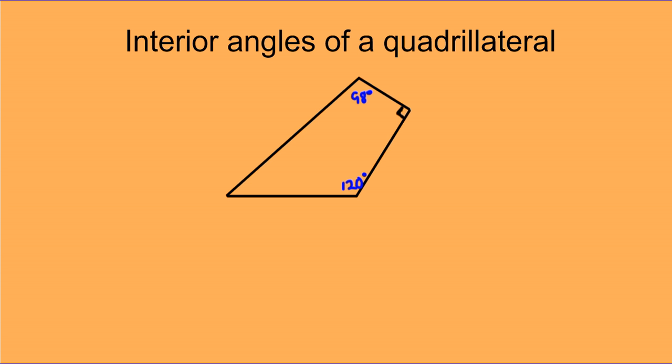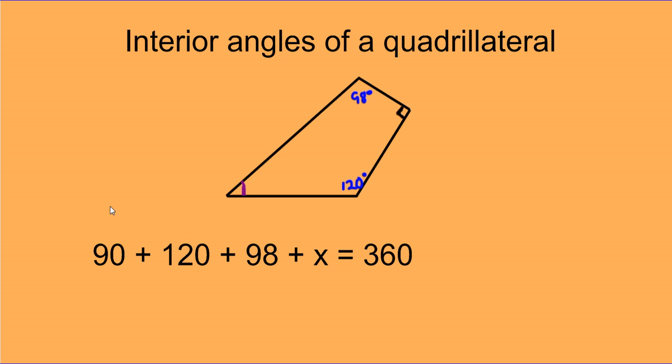This time we're trying to find this missing angle right here. I'm thinking in my head already, it looks like it could be 45, a little bit bigger than 45 degrees. It's definitely an acute angle though. Now, in order to find this, I have to set up my equation first. 90 degrees plus 120 plus 98 plus x, that's what we're going to call this angle, x, is equal to